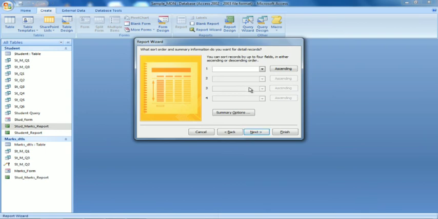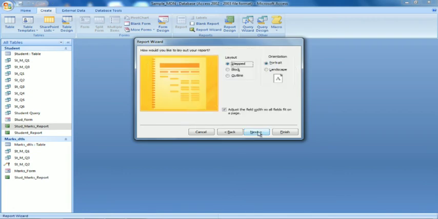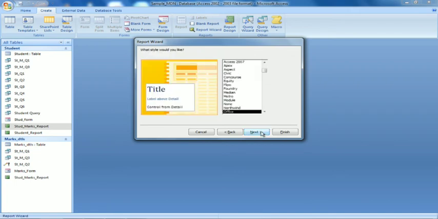Next, you can sort records by up to 4 fields in either ascending or descending order. Sorting I will do on student ID. So that's okay, no other sorting is required. Based on student ID, I am going to sort the records. Next, how do I want it: in stepwise fashion, in block fashion, in outline fashion? I do it in step. You all can try the various options or various layouts. Next,